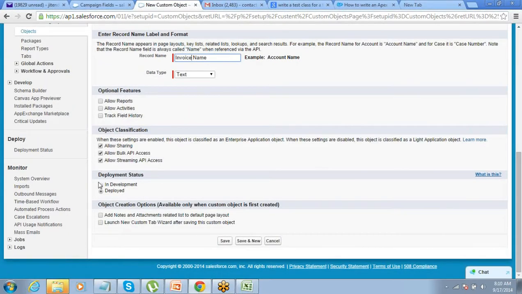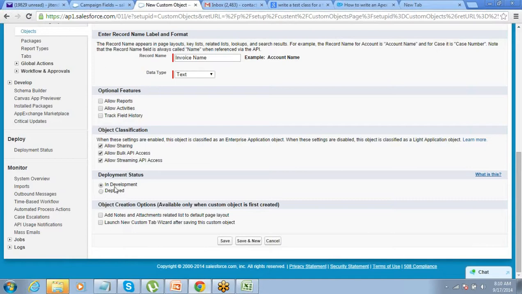Deployment status should be deployed always. If it is in development, then this object will not be available to the end users. Sometimes you are developing something and you do not want the end users to see it.